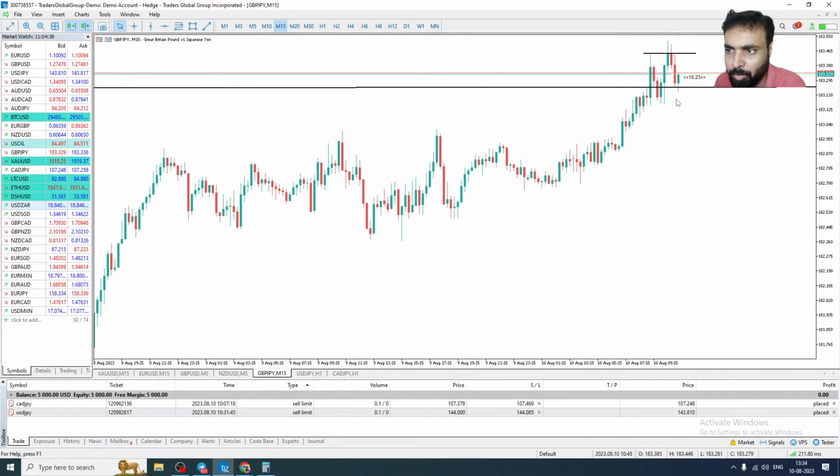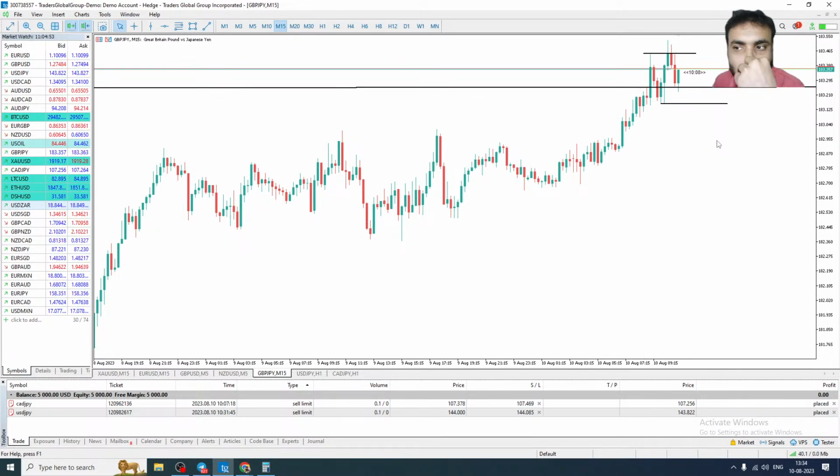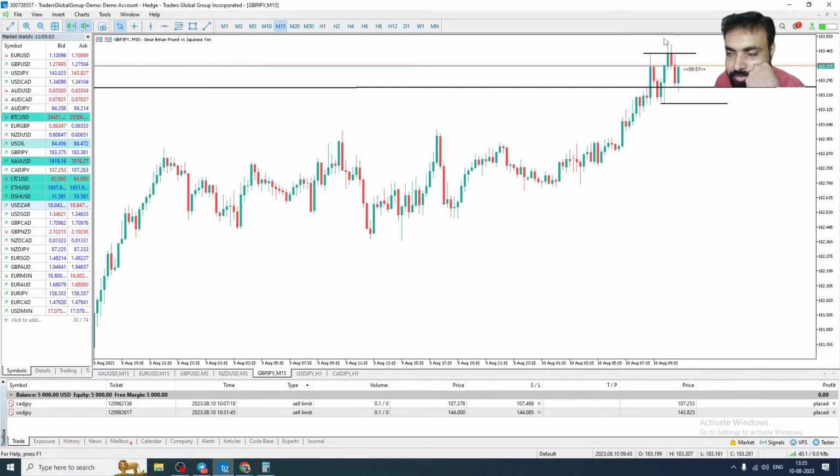Some people call this a head and shoulders, right? Maybe from here you can look for a sell, a head and shoulders pattern. But I want this break. I want to see this break. Because this wick is broken by this wick. And again it is a swing point. What is the market trend?